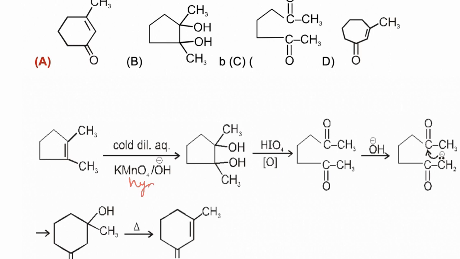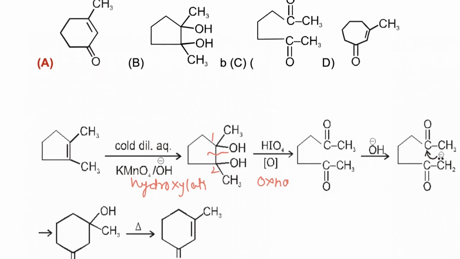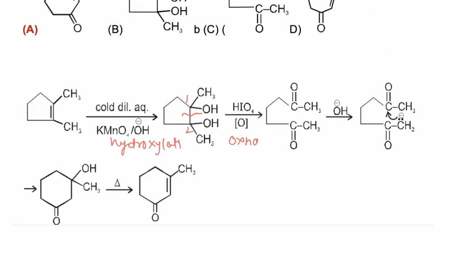Now this reaction is a hydroxylation reaction. Now this molecule has a 1,2-diol, and in the presence of HIO4 an oxidation reaction takes place. This bond is broken and two OH groups are attached at the same carbon. Now a water molecule is eliminated and this compound will be converted to a carbonyl compound. Now if two carbonyl groups are present, then there is a possibility of intramolecular aldol condensation. So first there is a possibility of formation of a 6-membered ring. So 1, 2, 3, 4, 5 and 6.